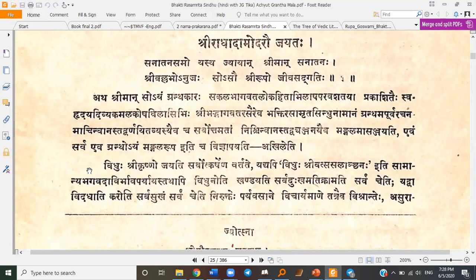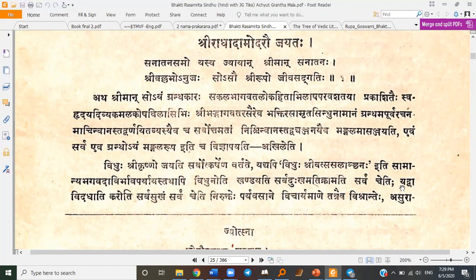Krishna is not Samanya, he is Vishesha, and is not Avatar, he is the Avatari. But still, even if we take it in that sense, Vidhunoti, then Vidhu will mean Vidhunoti, Khandayati, Sarva Dukkham Atikramati. It means that even in that sense, Vishnu or Krishna is the one who dispels all the miseries.